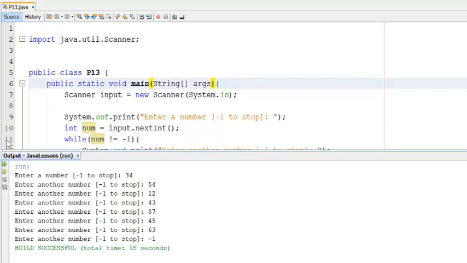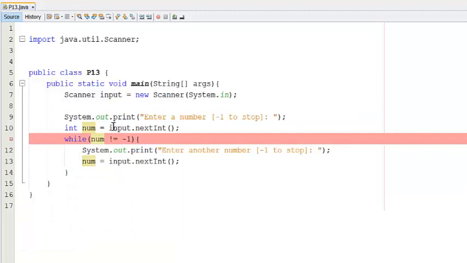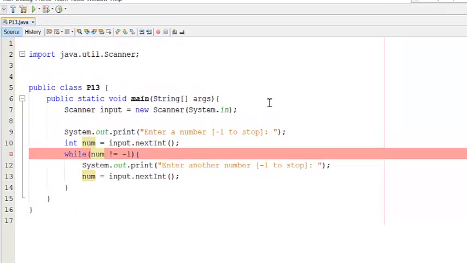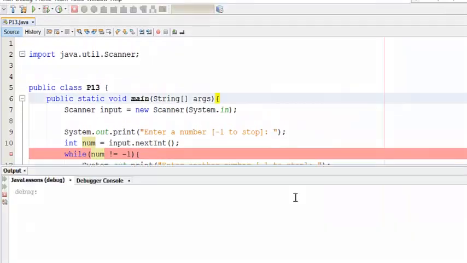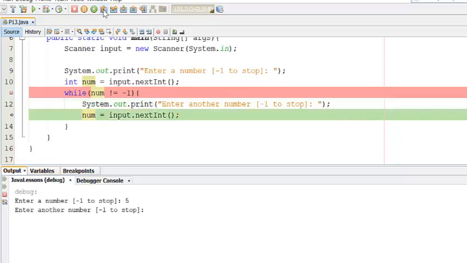Let's do a breakpoint so that we can understand better what is happening within this program. So if I debug the file and I give it a 5, for example, num is 5, is 5 not equal to -1? True. So the program will continue to execute this loop. So if I step over, it will ask again for another value, and if this time I give it 7,